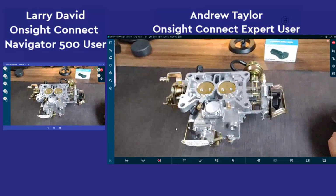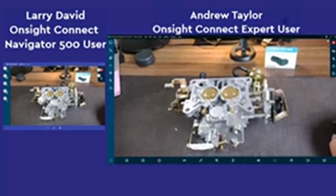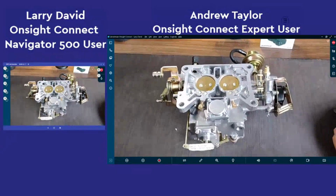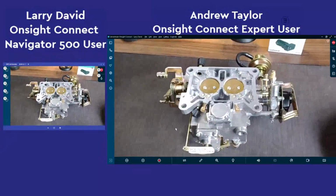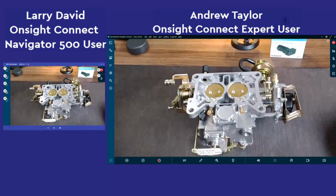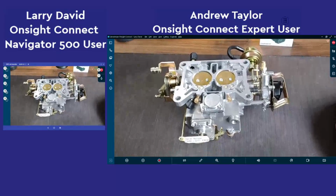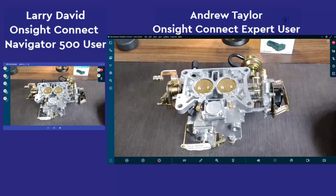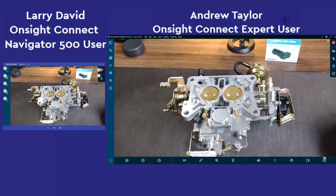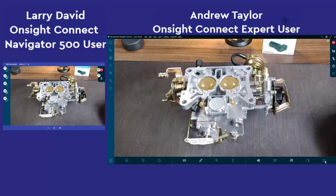I've upgraded my Navigator. So basically, Larry needs to contact Andrew and say, hi, Andrew, I need to look at this carburetor and I need to service the power valve cover. Can you help me identify it? And Andrew on the right-hand side will say, that's great, Larry, no problems. Let me take a picture of it because I'm not exactly sure what part of that object is the power valve cover. So Andrew can click a little button here and send a remote message to the Navigator to take a photo. And when I do this,